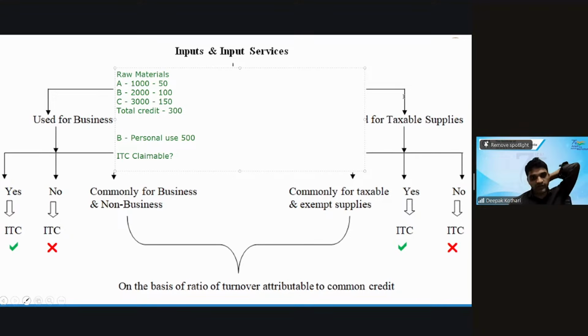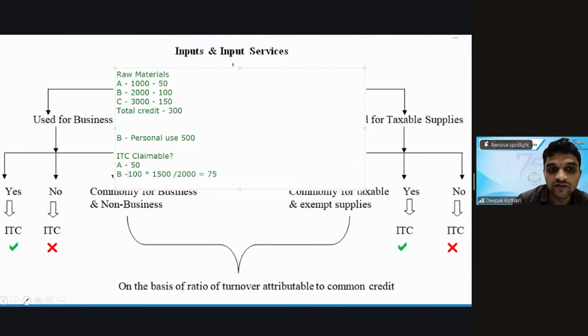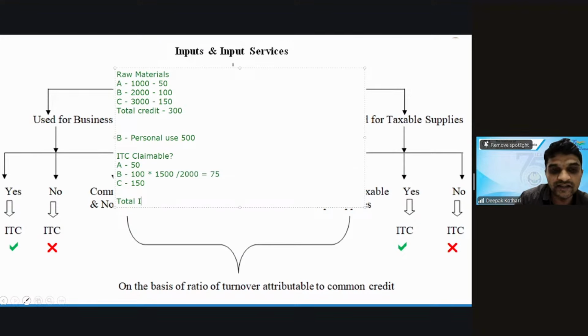नो आईटीसी फॉर पर्सनल यूज, योर राइट प्रेरणा। तो जो भी मैंने पर्सनल यूज किया है 500, बी वाला क्वांटिटी, तो आईटीसी क्लेमेबल होगा। ए के लिए कितना होगा, 50 रुपीज। बी के लिए, सिंस आई यूज 500, मतलब बैलेंस कितना है, 1500। सो 100 आईटीसी है, 100 इंटू 1500 डिवाइडेड बाई 2000, विच इज 75। सो बी के ऊपर मैं कितना क्लेम कर सकता हूँ, 75, और सी के लिए मैं क्लेम कर सकता हूँ 150। सो माई टोटल आईटीसी क्लेमेबल विल बी 275।